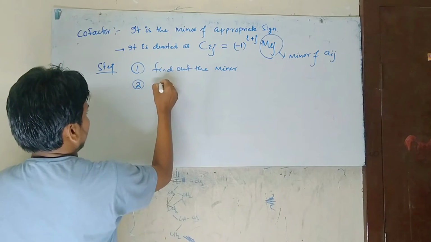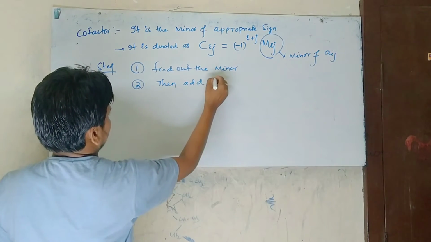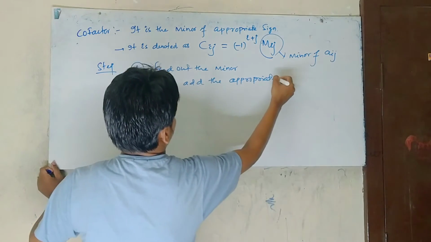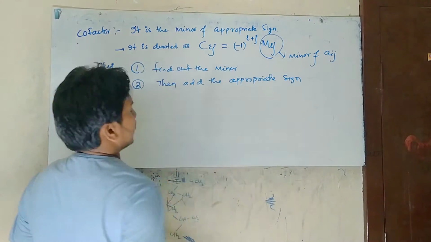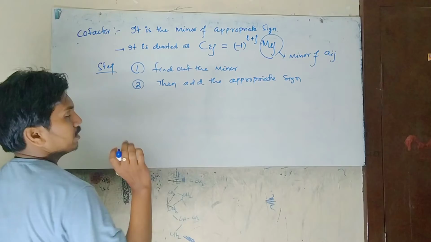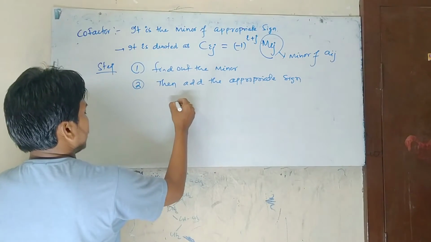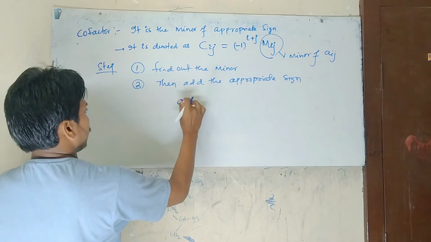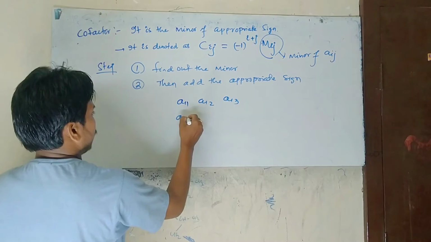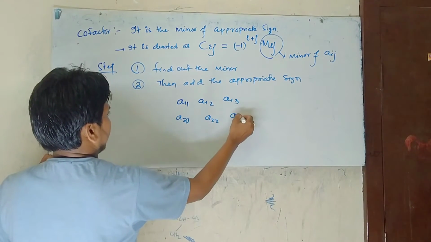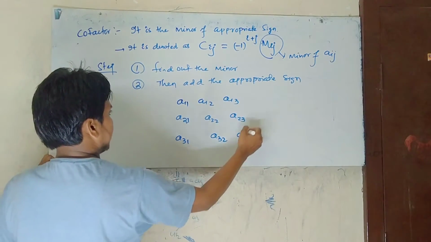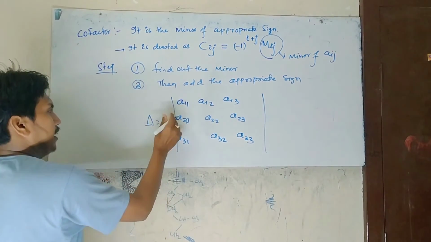Now then, add the appropriate sign. Now what is that appropriate sign? Now we'll study. I am giving you a simple way. This is the order 3 determinant, that is A11, A12, A13, A21, A22, A23, A31, A32, A33. This is the determinant, and look,